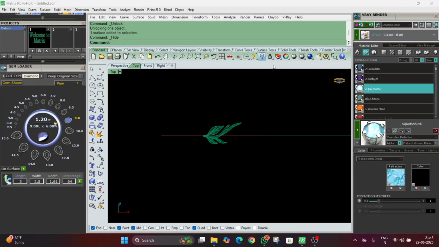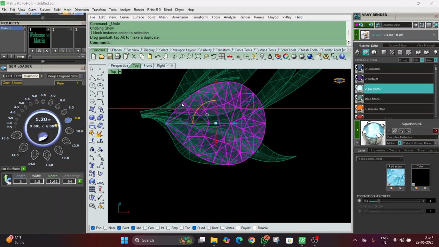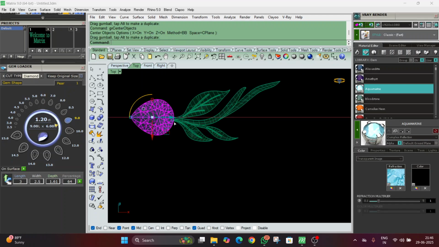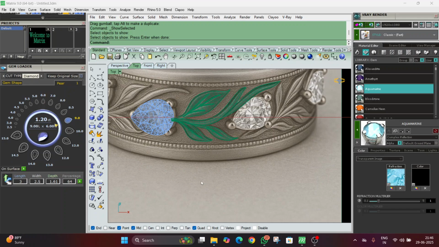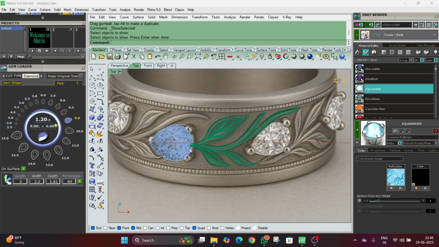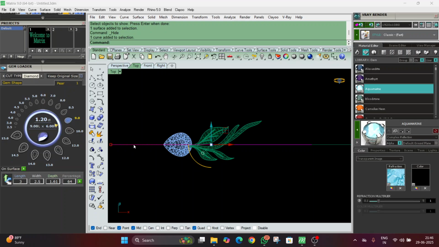By mistake I deleted the gem, so don't worry, you can bring it again. So as you can see, we have a pier and a design. So now what we will do is